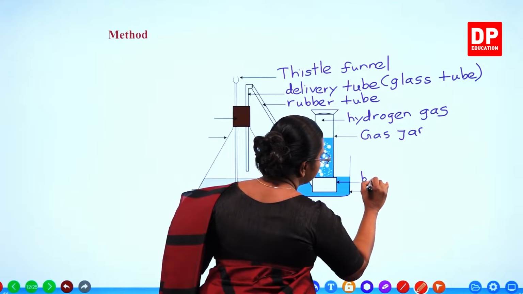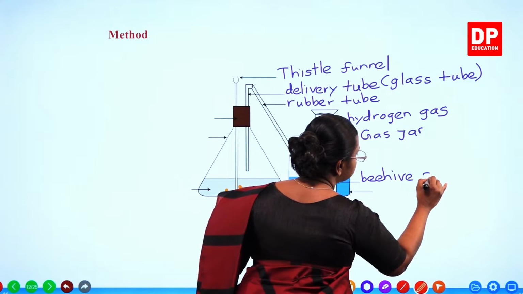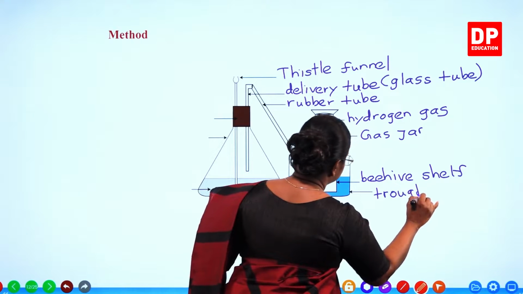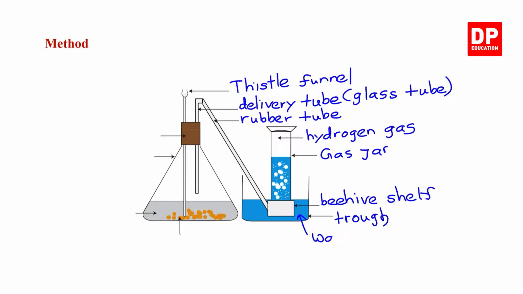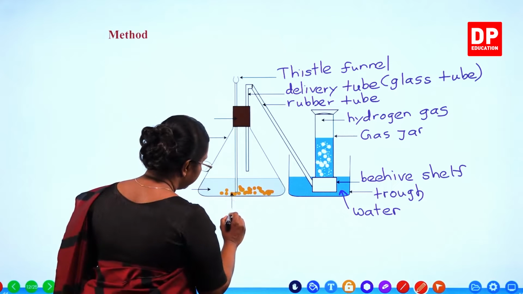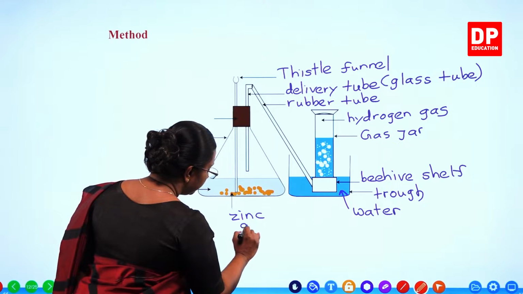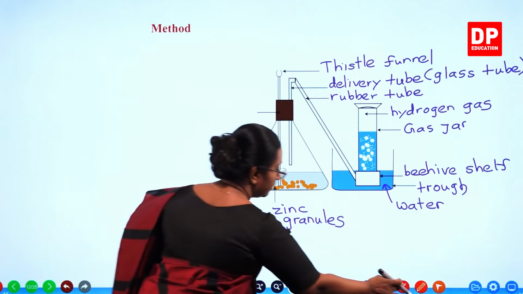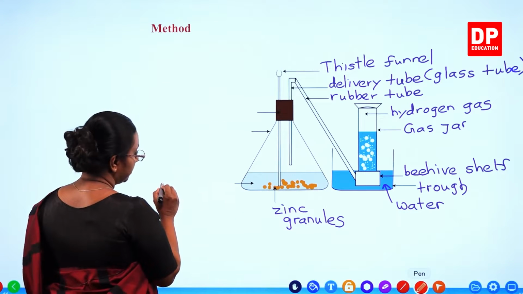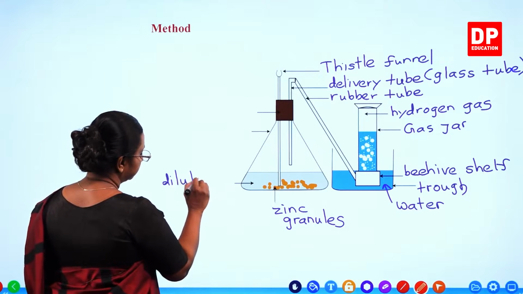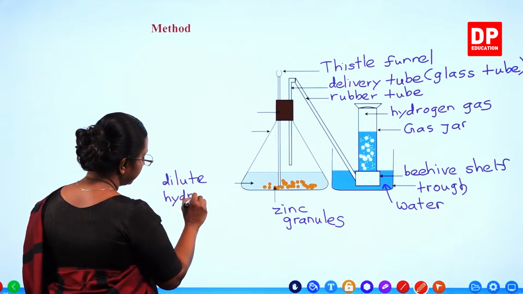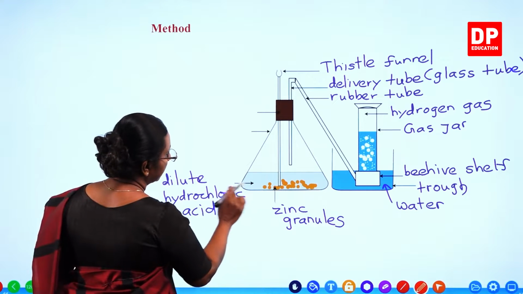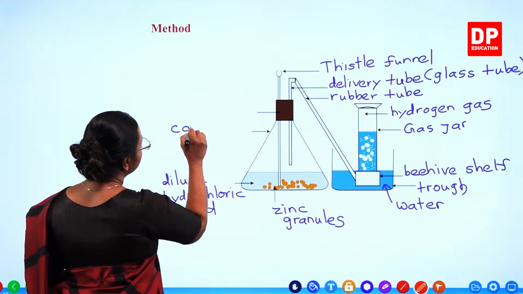Then here we have the beehive shelf, a trough, and there is water. Then here we have the zinc granules, and on this side we have dilute hydrochloric acid, that is this. Then we have the conical flask,